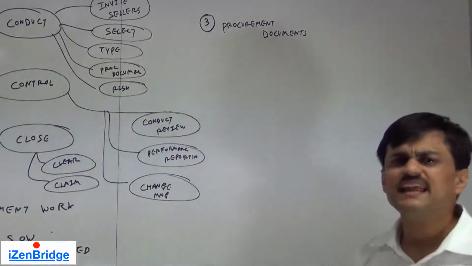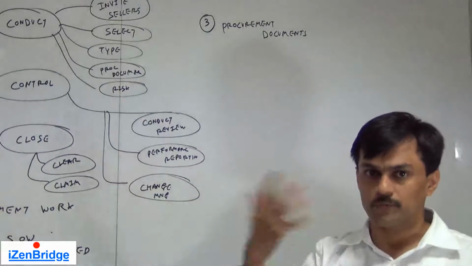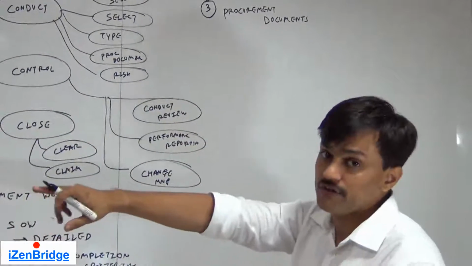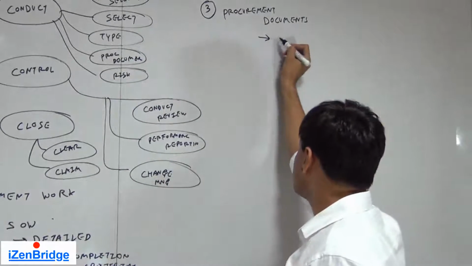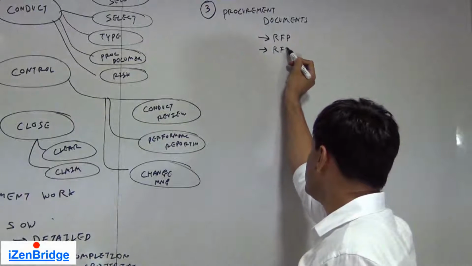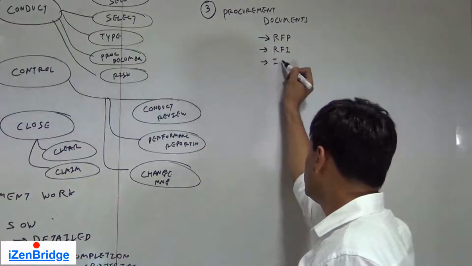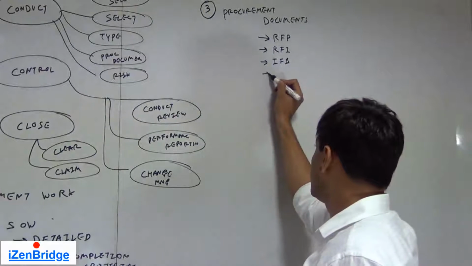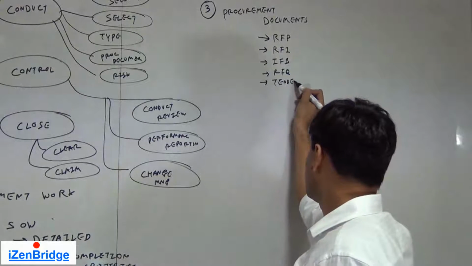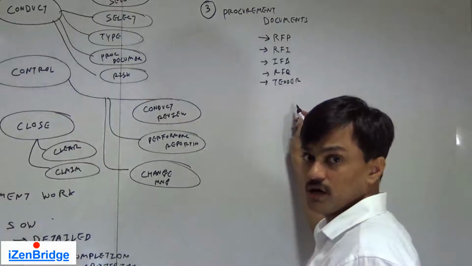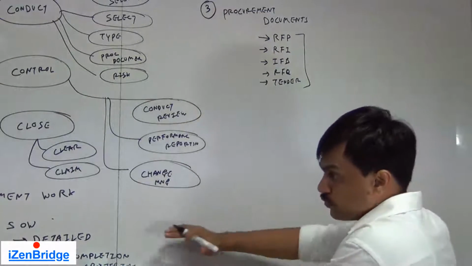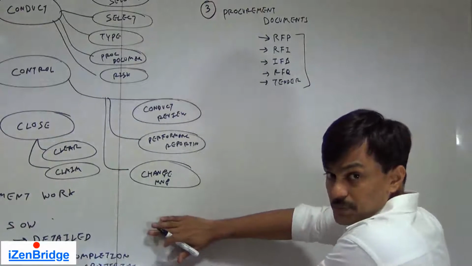Now, there are various types of documents which can be used for procurement. Few people use them and various terms are used. It depends upon your enterprise environmental factors which one suits you. But some examples are request for proposal, request for information, invitation for bid, request for quotation, tender, etc., which can be used for inviting people to quote for a given procurement statement of work.